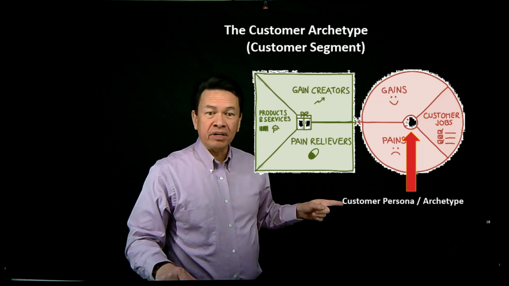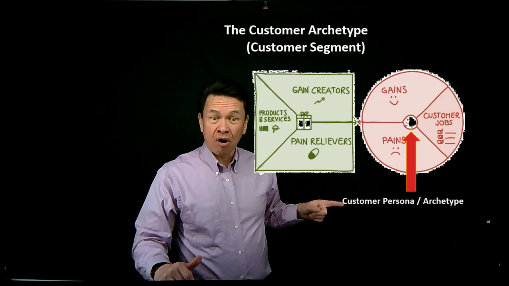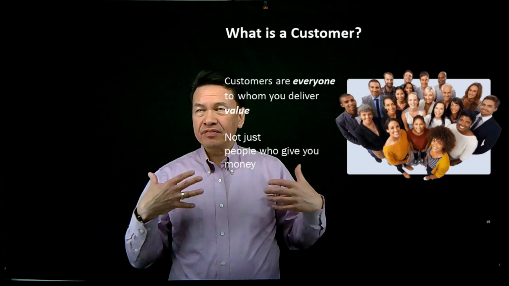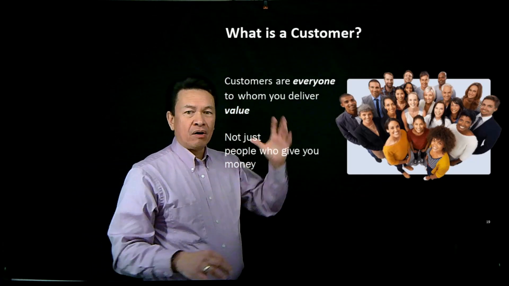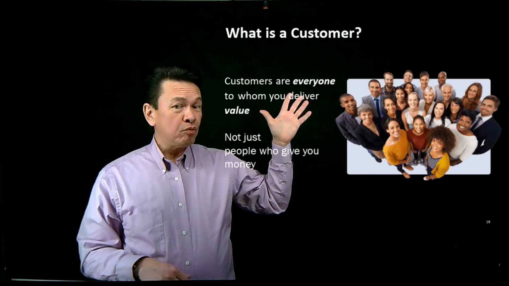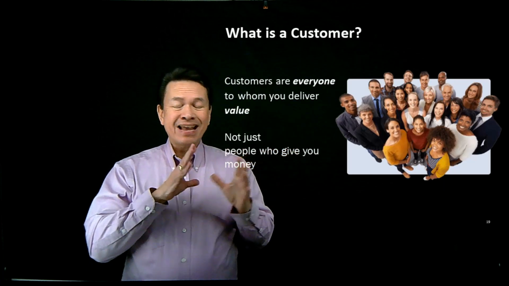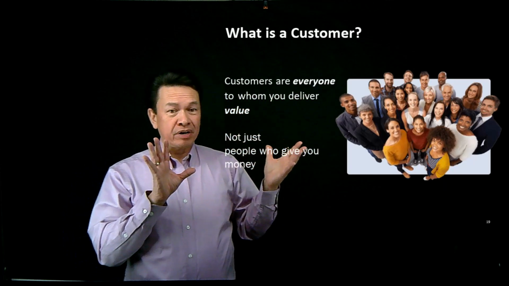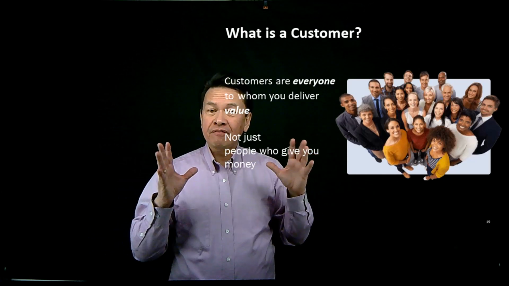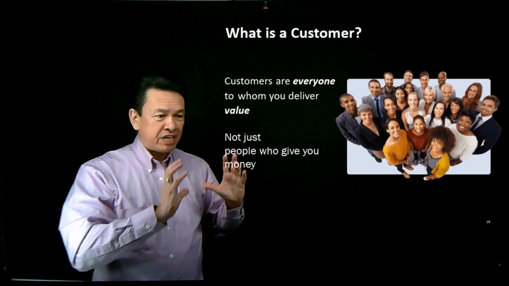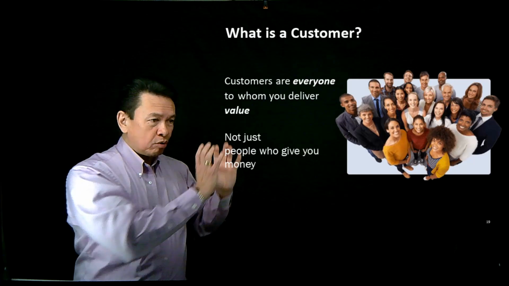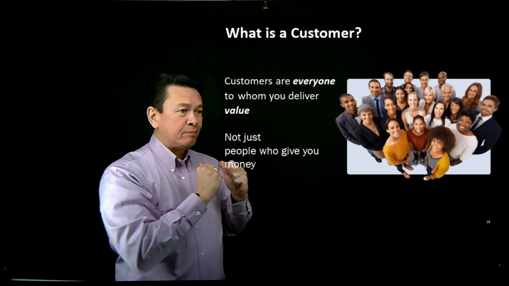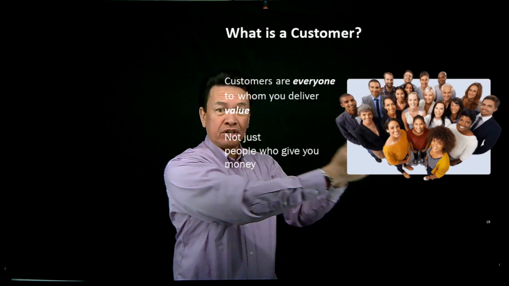The second one is customer persona or archetype. So what I want you to think about there is, who is that customer? Now, I also want to say one thing: customers are everyone to whom you deliver value, right? It's not just the people that you give money to. So what do I mean by that? It's probably best illustrated with nonprofits. A lot of times, what we have to do is get money from a foundation or from the government, right? So they're a customer because they're looking for something, and I'm saying I can deliver on this promise that you're trying to fulfill, right?